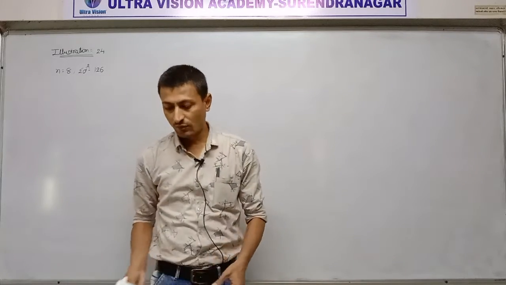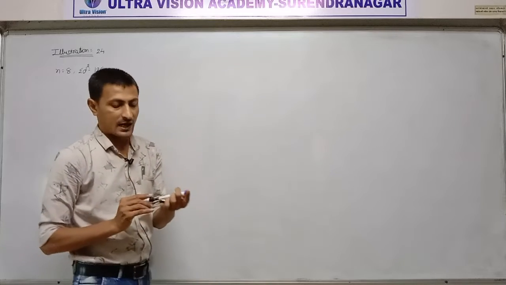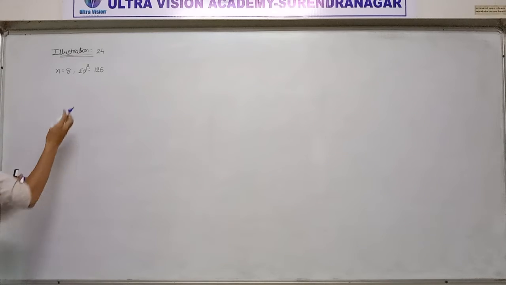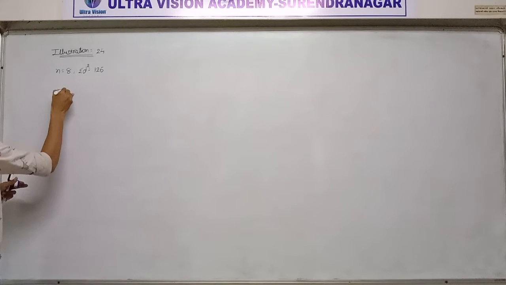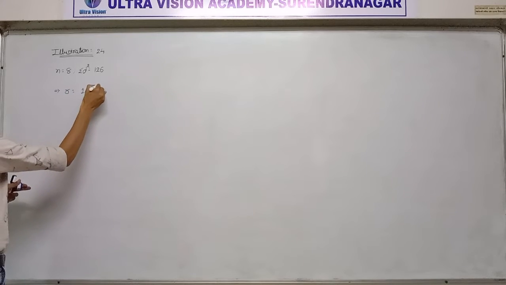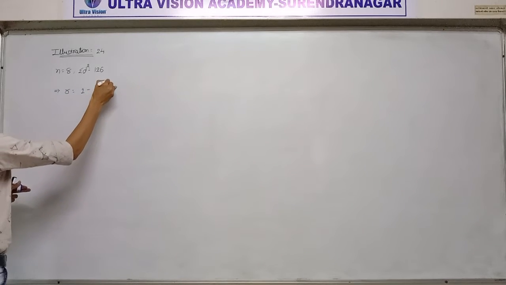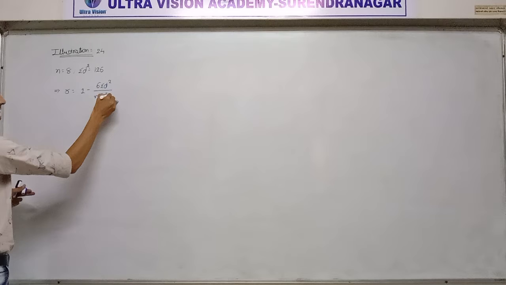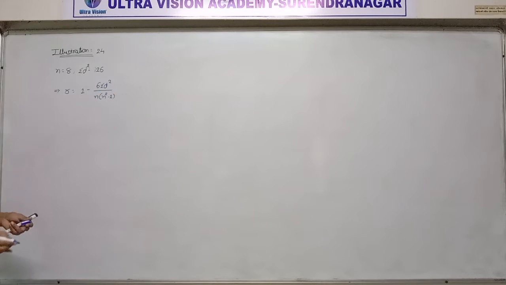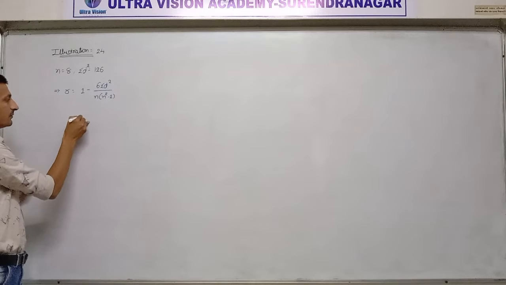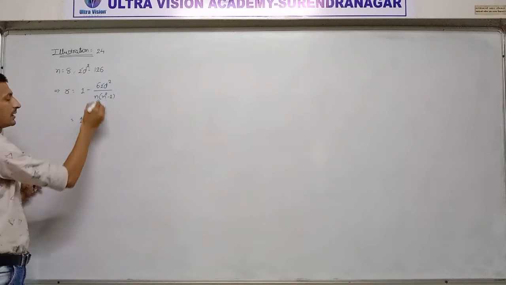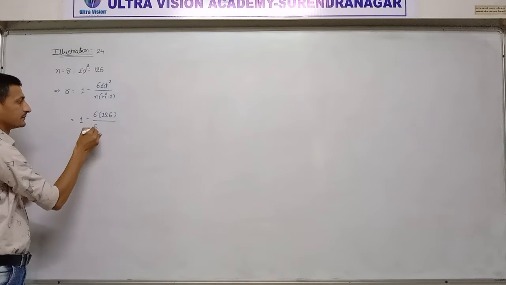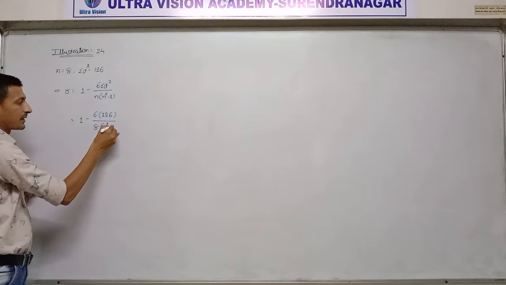Find the rank correlation coefficient. Okay, the rank correlation coefficient is to be found. So n and sigma d square are given, so directly using the formula, r is equal to 1 minus 6 sigma d square divided by n in bracket n square minus 1. Now putting the values: 1 minus 6 in bracket sigma d square, 126, divided by n is 8 in bracket 8 square minus 1.